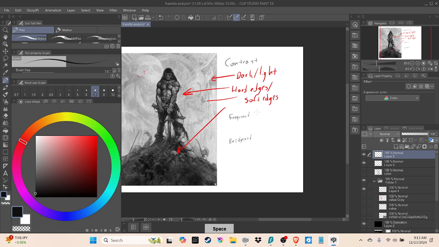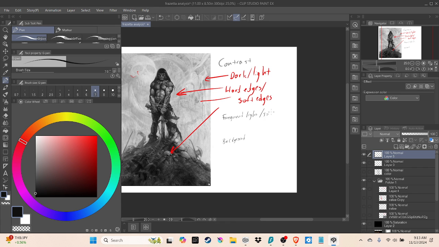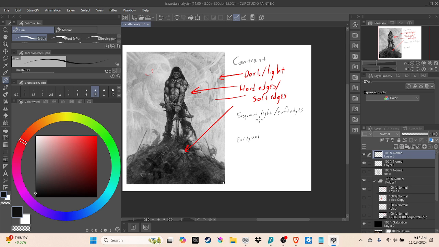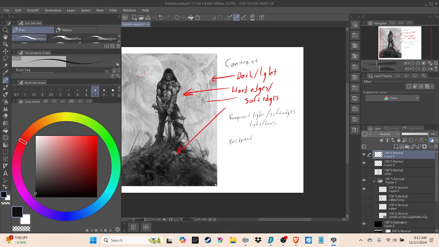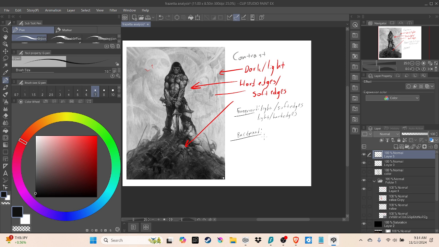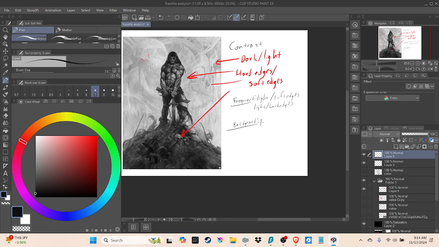I could make the decision to make the foreground light with soft edges, or I could make it light with hard edges, which would be interesting, right? Because you want to experiment with this. And then the background, you could do the opposite. So you could do dark with hard edges,